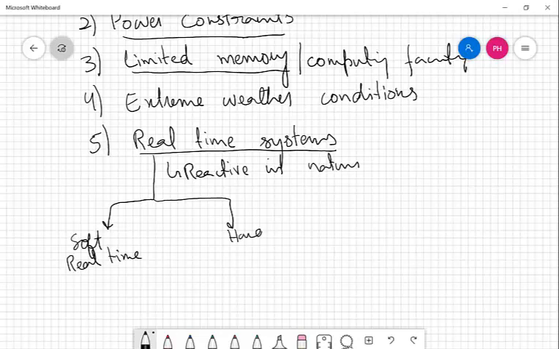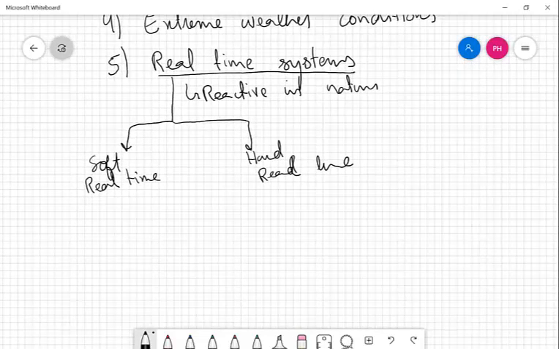Hard real-time embedded systems. Soft real-time embedded systems, both are real-time, but in soft real-time embedded systems, if we don't meet the deadline, there may be performance issues, but there may not be a catastrophic effect. For example, in an AC, if the computer we have embedded inside an AC doesn't react instantaneously to a remote,